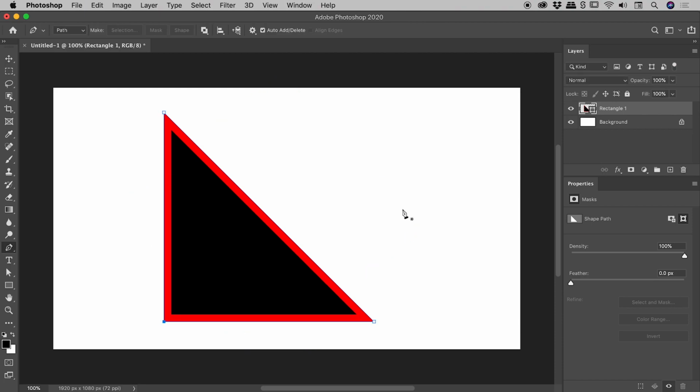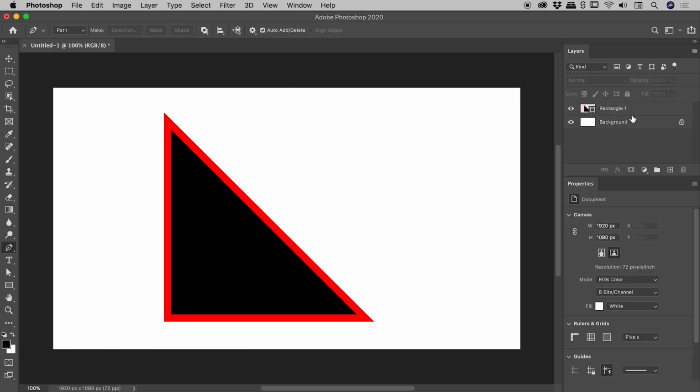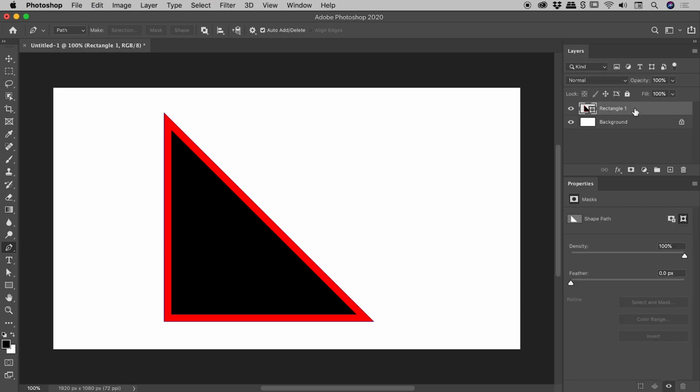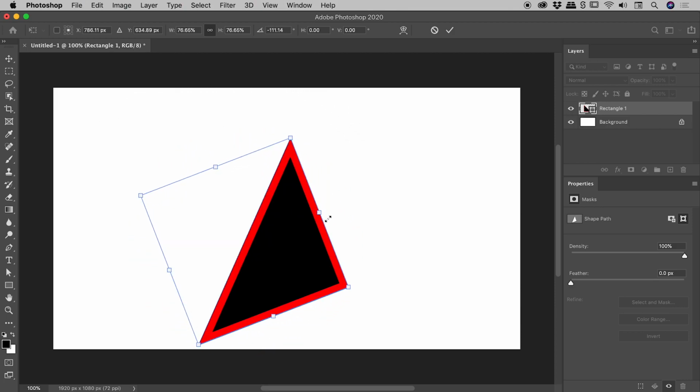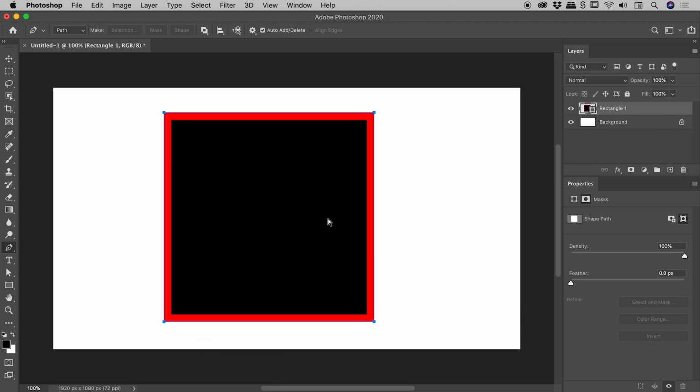Now the easiest way to fix this is to, within the Layers panel, just click in a blank part and then click back on your newly created triangle, press Command or Control T, and now you can happily free transform this thing, resize it, rotate it around like so. Very nice. I'll just hit Escape to get out of there